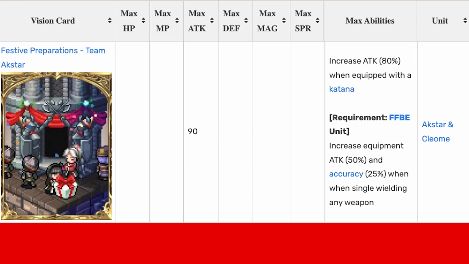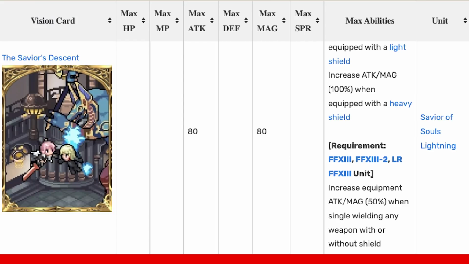It looks weaker than Axstar's original vision card, but that's because it also boosts equipment attack when single wielding. Still, I don't think it's that valuable when you take its strength into account. The Savior's Descent boosts attack and magic so long as your unit's holding a shield. Unfortunately, there aren't that many notable damage dealers who play like this, so it remains low tier for a novel